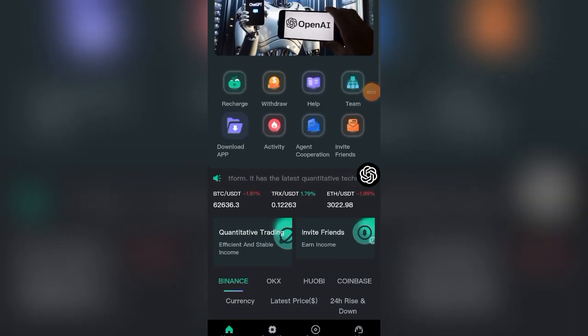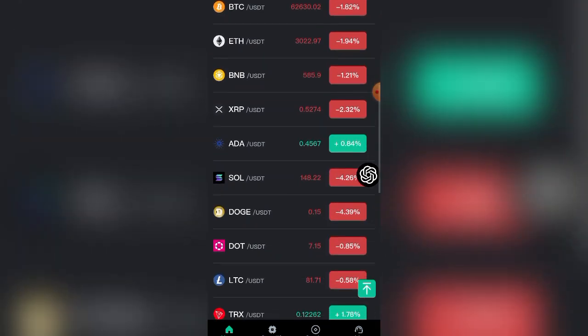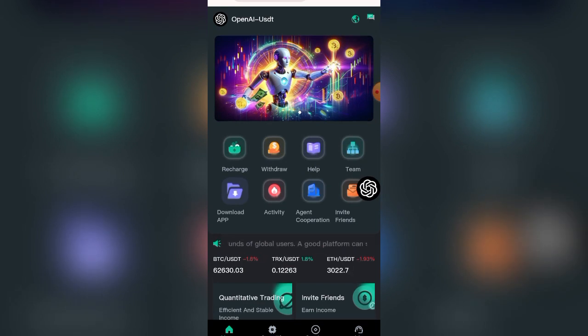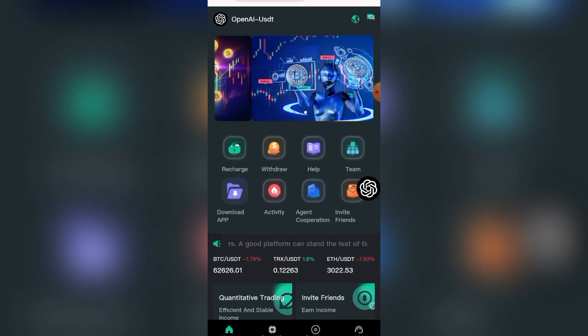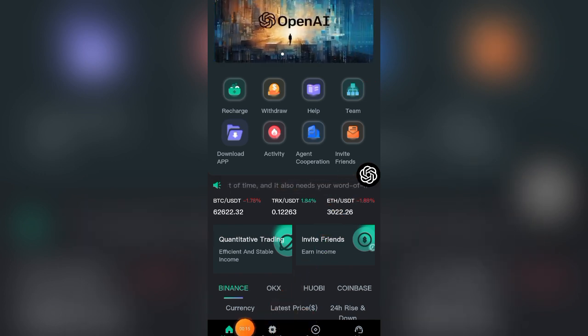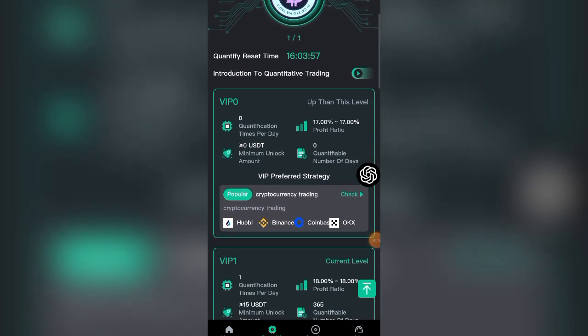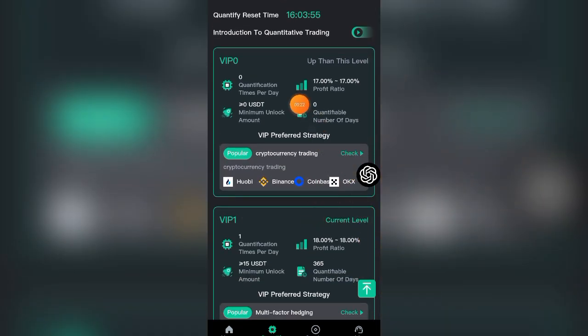So once you register in this platform now, you can start earning immediately in this platform. So there are different ways you can earn from this platform, right? You can make a whole lot of money from this platform. So once you finish registering now, in this place there are different levels which you can earn in this place. So if you come here now, you see we have, there is VIP 0 in this place, and in VIP